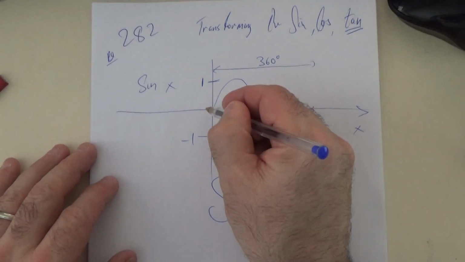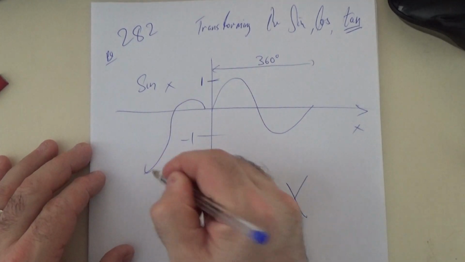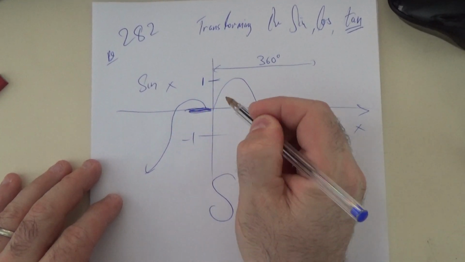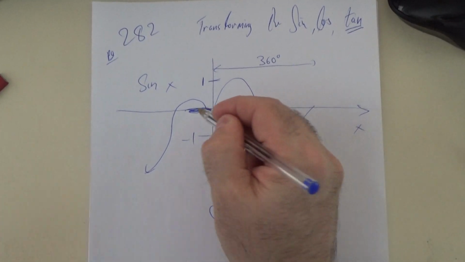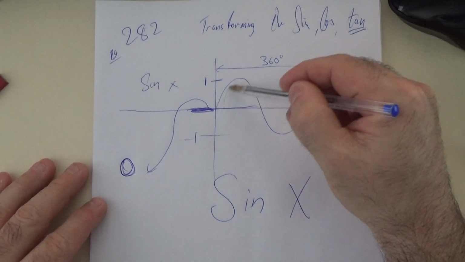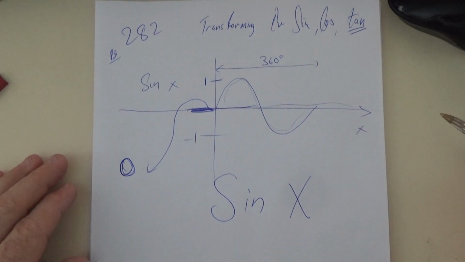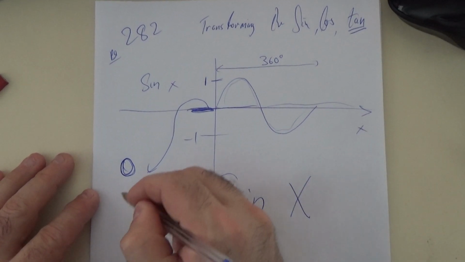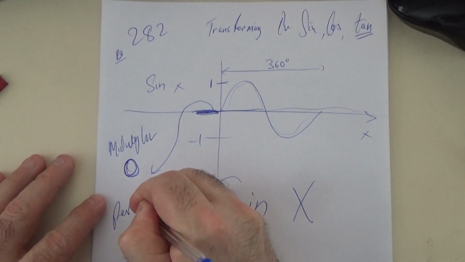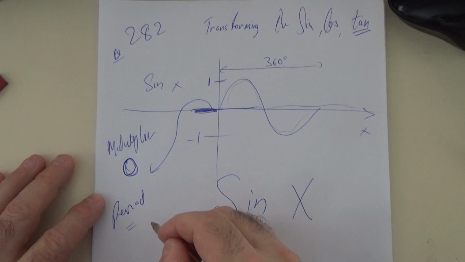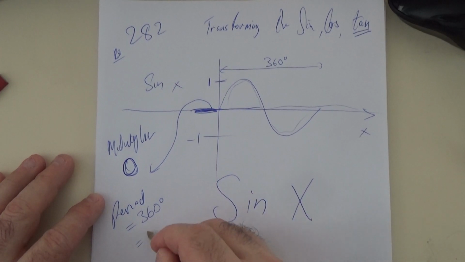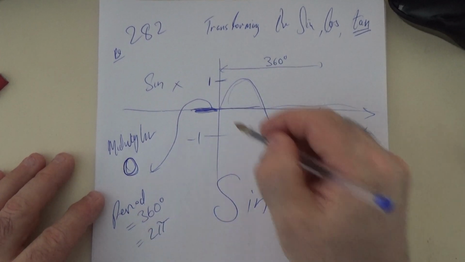A few observations before we get started: for sine and indeed for cos of x, the midway line is 0, meaning it wobbles up and down around 0. That's the midway line. The period equals 360 degrees if it's in degrees, and if it's in radians that's also equal to 2 pi, from here